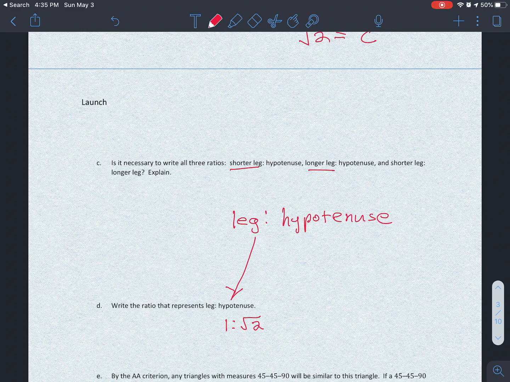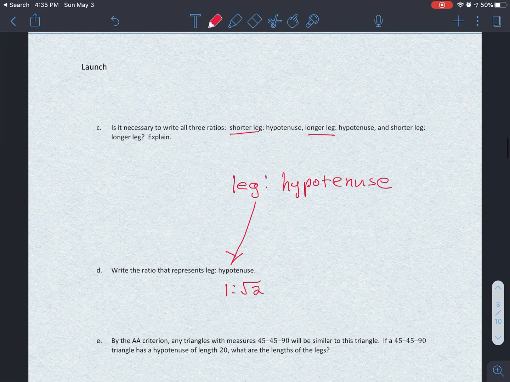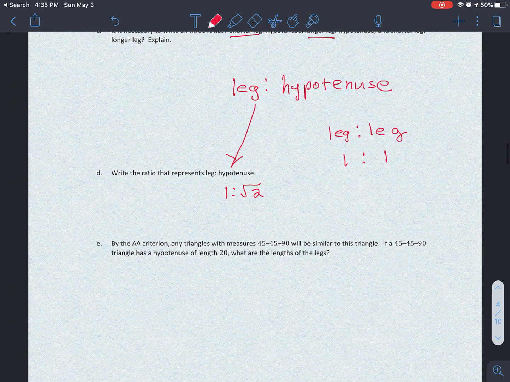And when it asks us about shorter leg to longer leg, you can't even say that, right? It just would be leg to leg. That would be a ratio of 1 to 1. So that means that whatever one leg is, the other one will be the same. And if there's a length of 1, you would multiply the hypotenuse by square root of 2. So when you look at E,